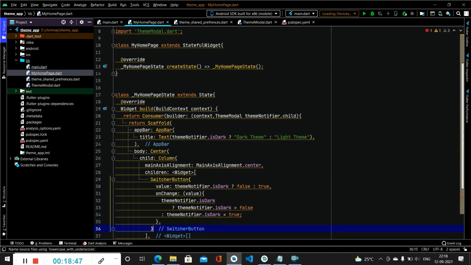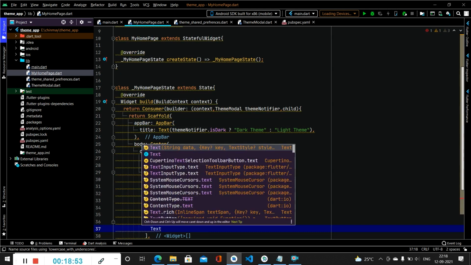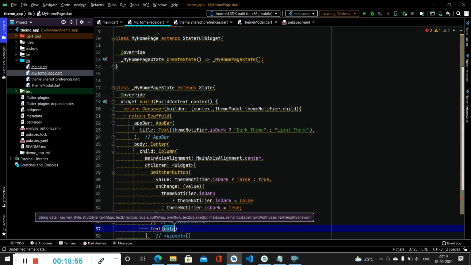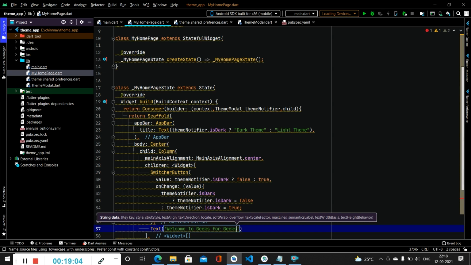Now after the switcher button, we have to create a text to display the text as welcome to Geeks for Geeks. So we'll be simply creating a text. Inside this, we have to specify the text as welcome to Geeks for Geeks. Then we will align this text by calling text align dot center.